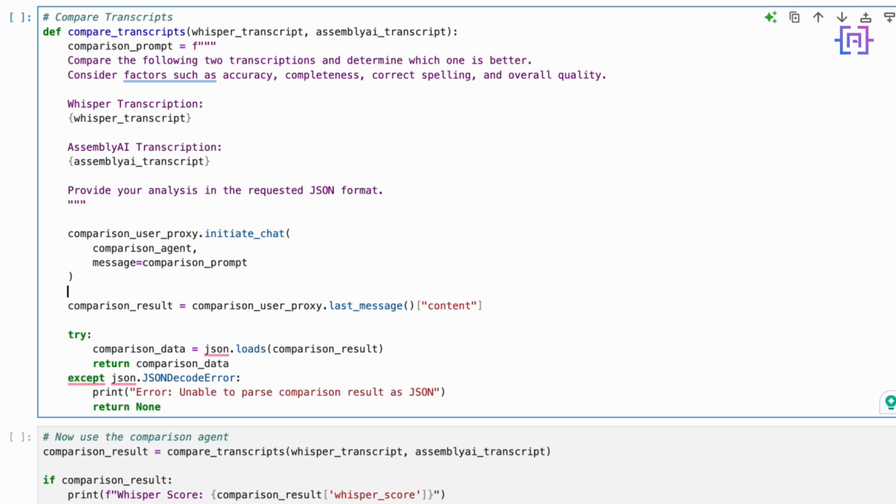First, we build our comparison prompt. It clearly lays out the task for the comparison agent. It asks it to compare the two transcriptions. It reminds the agent of the evaluation criteria. It provides both transcriptions for reference, and crucially, it reiterates that the analysis should be in the specific JSON format